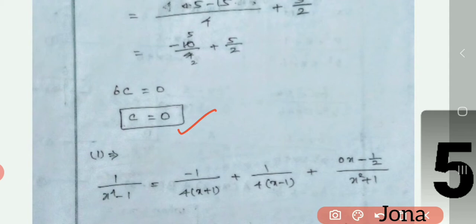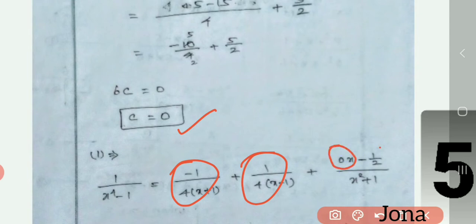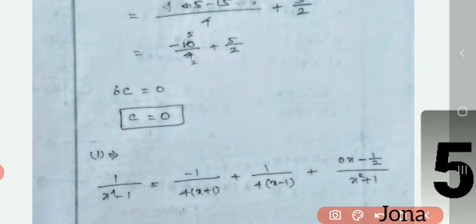And finally we have to substitute all the 4 values of a, b, c, d here. Okay, so that I can simplify this numerator, no need to write this one, just leave that. So minus 1 by 2 can be written as minus 1 by 2 into x square plus 1 in the answer there.